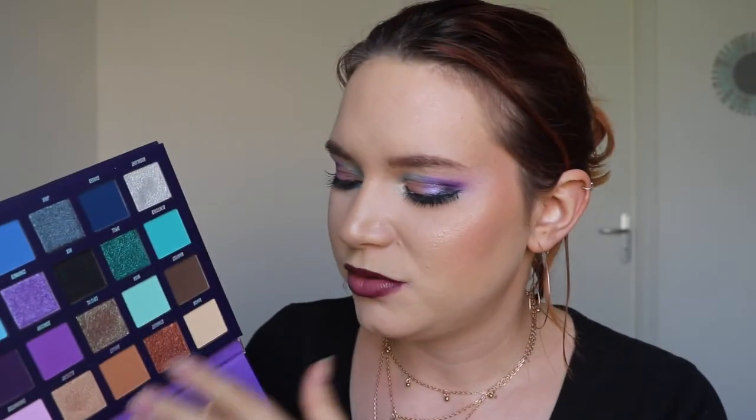And here is the look I created with this beautiful palette. I'm very glad that I purchased this one because, like I said, the packaging, I really like it, and the color story is very interesting to me. The blue, the green, some nudes and some colors to do a more...